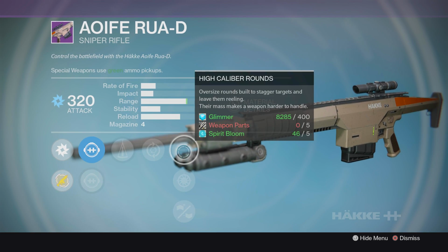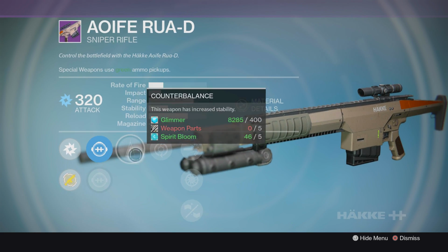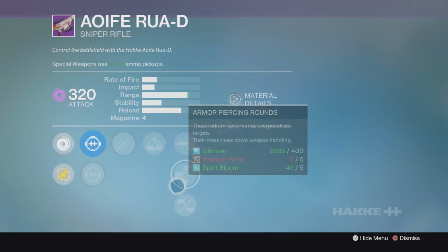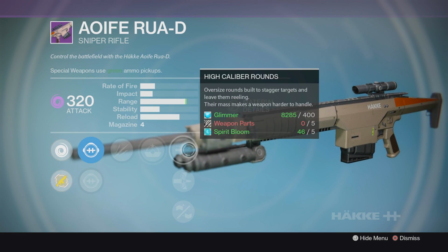Feeding Frenzy, high caliber rounds, snapshot, and injection mold. Again, a nice boost of stability from injection mold and the mixture of counterbalance in there. This is a faster firing sniper rifle, so that extra stability definitely helps. And finally, for roll number 3, this thing is rocking unflinching, which is good, guerrilla fighter, which is bad, and